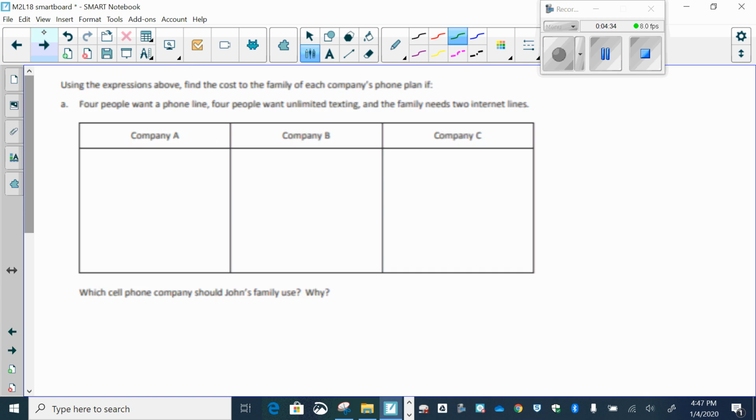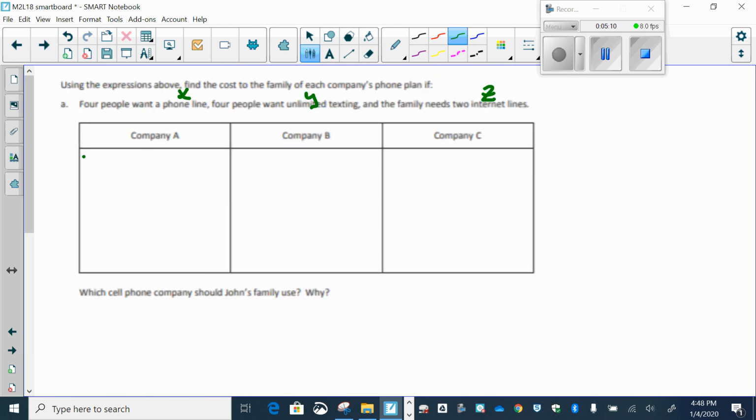use the expressions above. Find the cost to the family of each company's phone plan if 4 people want a phone line, 4 people want unlimited texting, and the family needs 2 internet lines. Well, what did we find out a few minutes ago? What was defined? A phone line was the x value, unlimited texting was the y value, and internet was the z value. So I'm going to write my expression first for Company A. And that was, if I turn back, okay,